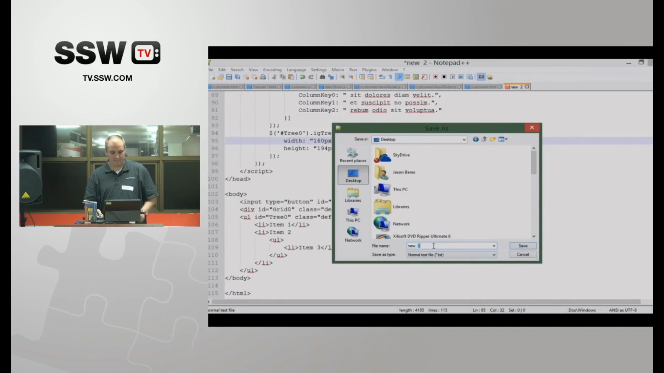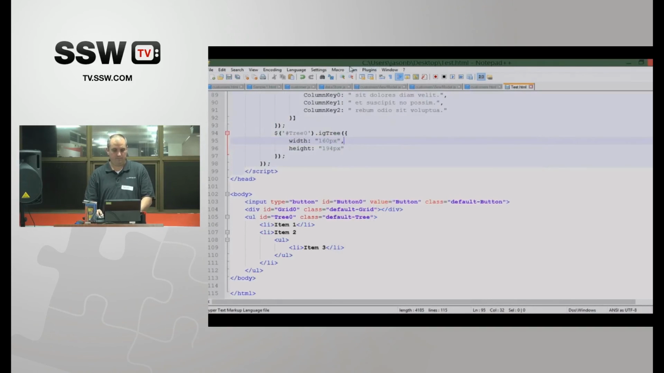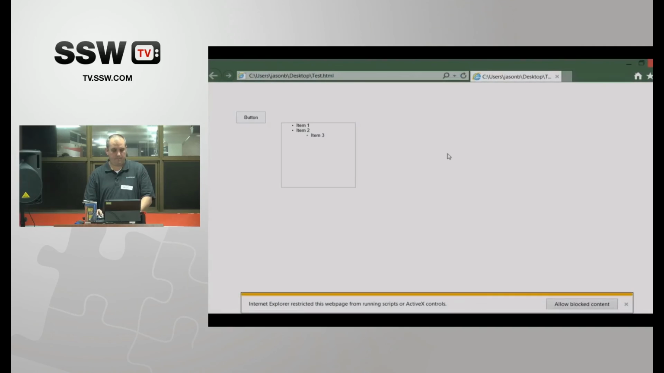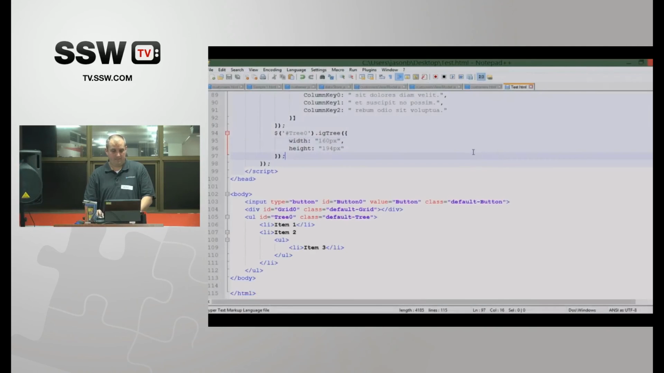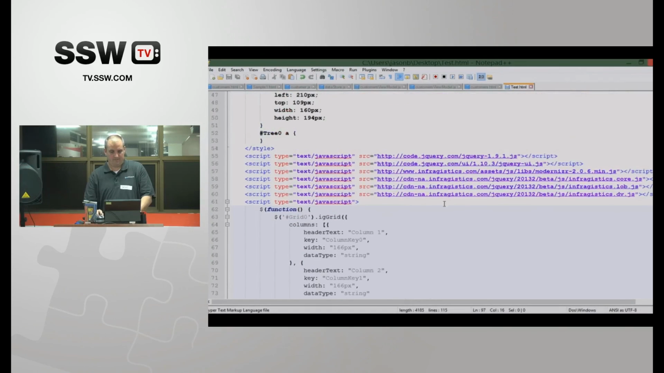Save as. And so here we have a tree view. Oops, we'll allow blocked content. Well, it didn't quite. Oh, you know why? Because look here. Well, I'm not on the internet. Dang. So here's the CDN. That's the CDN to get the jQuery and the Infragistics code. But anyway,